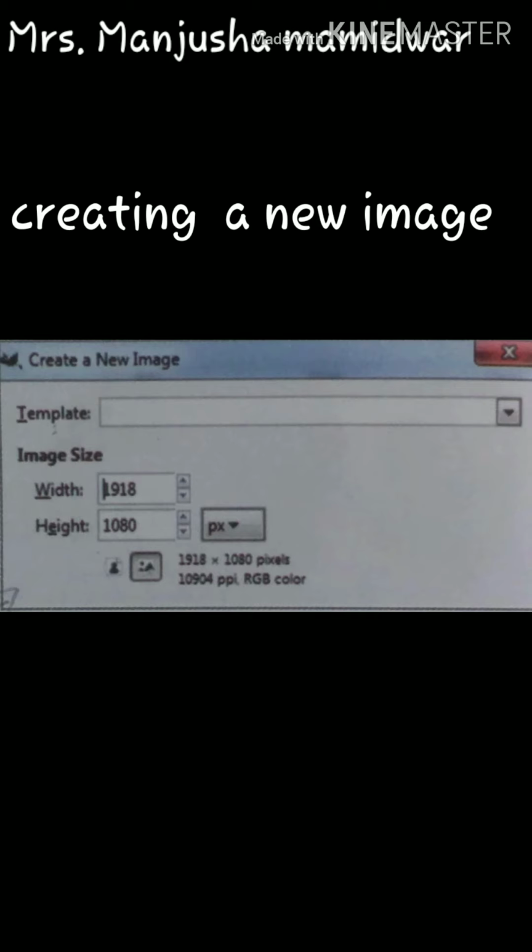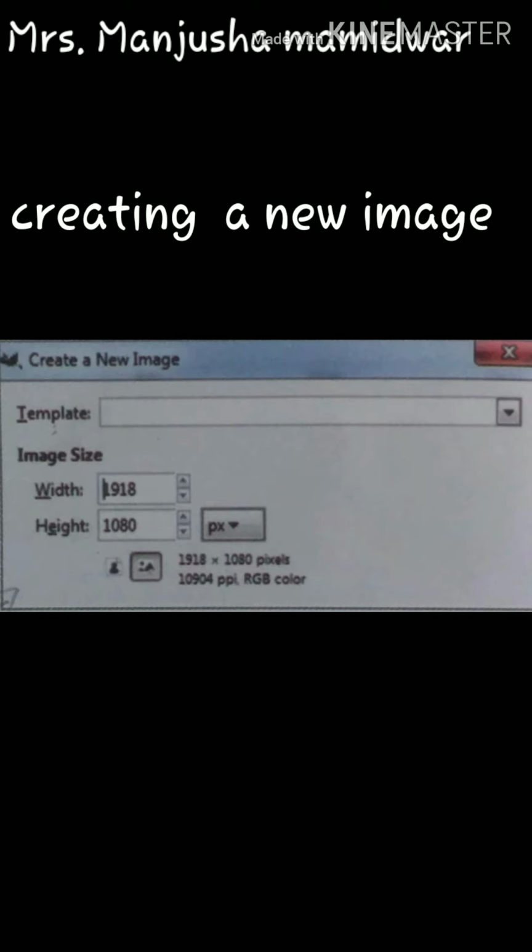The unit of these parameters can be selected from the drop-down, and they have a number of options like pixels, inches, feet, but by default pixels is the unit for calculating the height and width.